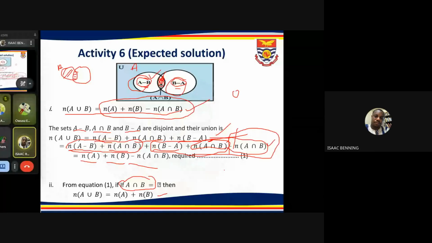That is algebra. When you take number of A intersection B minus number of A intersection B, what is it equal to? That would give us 0, right? Yes. It will give us 0. So you have not altered the original equation. Okay. So we added it to enable us achieve our goal. That is where the algebraic thinking will come in. You have to think algebraically. So it's a way to be able to prove the formula. Okay. Thank you, sir.